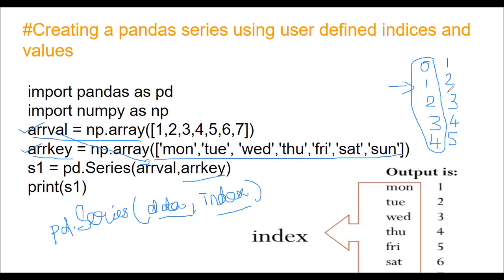By default, we will get 0, 1, 2, 3, 4. But when you print here, your output will be like this. This is our original data and this is our index. The index we have given, like mon, tue, wed, that we will get as our index. And one more thing, it is a string, so you have to enclose it within quotes. Suppose you are passing an integer value, you can just give 1, 2, 3, comma. No need to specify the quotes.